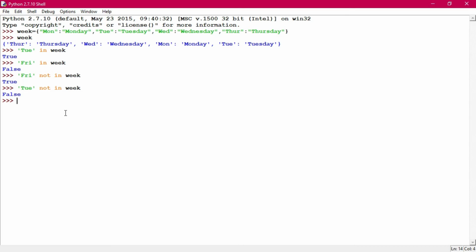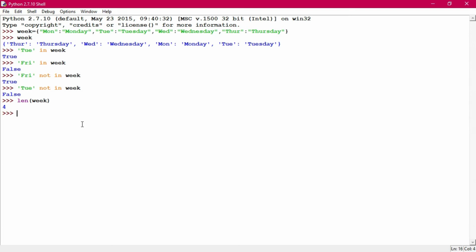You can find out the length of a dictionary by simply using the len method. This method returns the number of key value pairs in the given dictionary. Then you are giving len of week, where week is the dictionary concerned. It has the four keys, 1 2 3 4, so the 4 has been printed out here. That is the purpose of len.